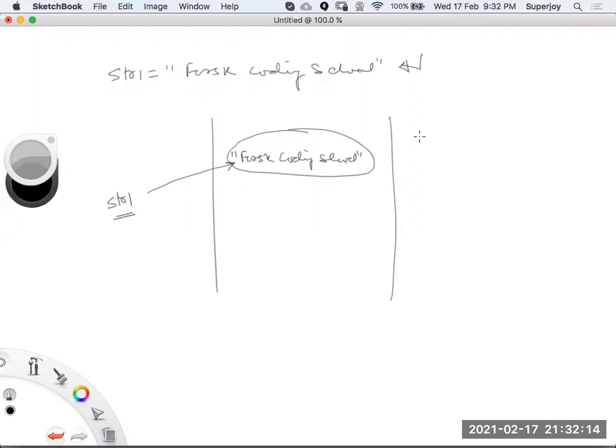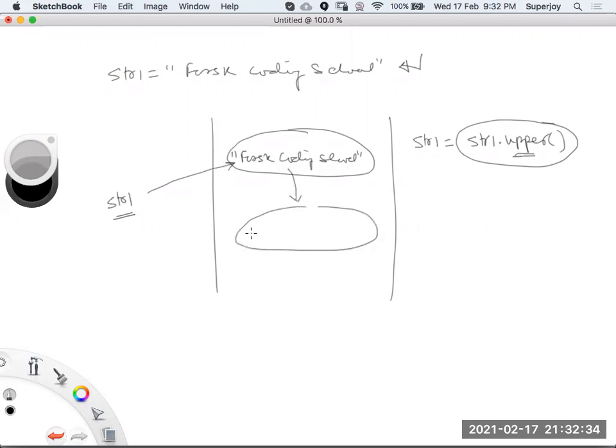Now, when you do this statement, str1 is equal to str1 dot upper, what happens in this case? First, this job would be done. This function will create a copy of this and convert everything into uppercase. Now we have this, fosc coding school, everything uppercase.